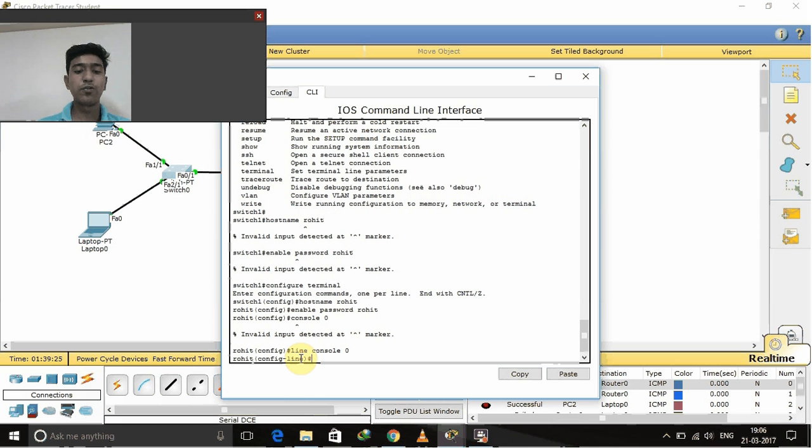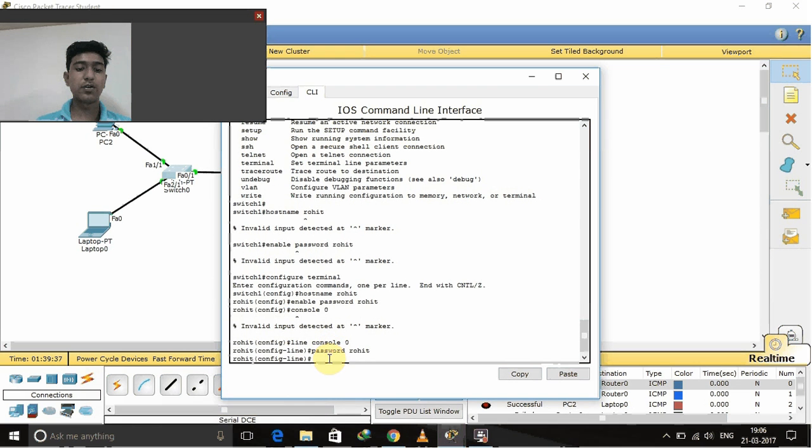Now you want to set your password, so type password and give my name, Rohit. You can see the password is set as Rohit.